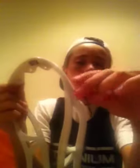So you're going to put the top string into the very first sidewall hole of the head, and I'm using STX AV8. And this will work with any head with 4 top string holes. Alright, so what you want to do, you want to put it through the sidewall hole, the very first one, and then put it through the front of this mesh